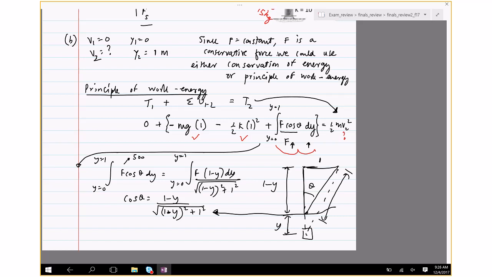But nevertheless, you have to find that work done, substitute it in here, and then solve for V2. Let me just finish it off later on, but what you get is